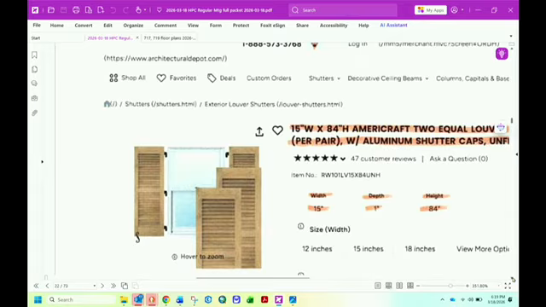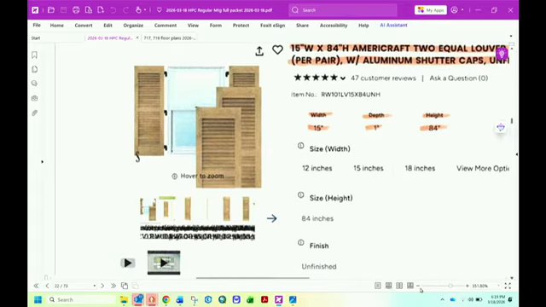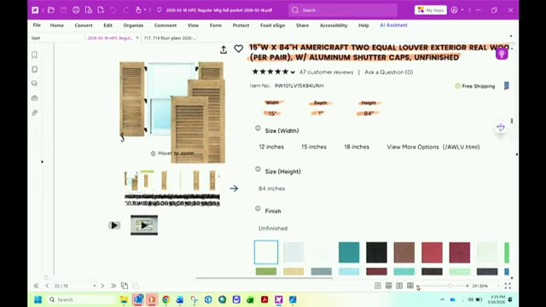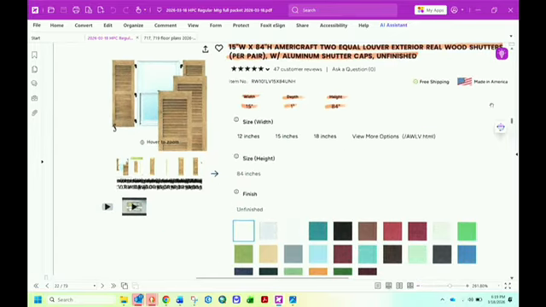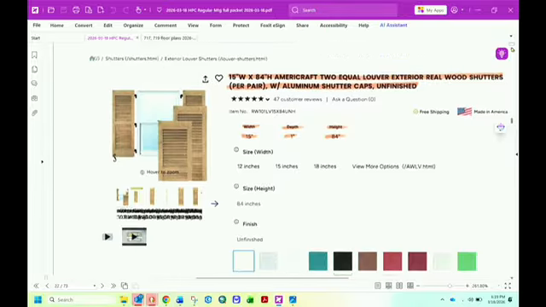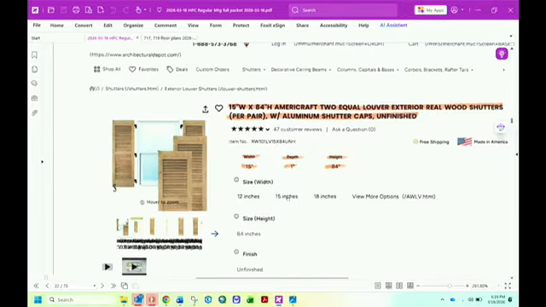The next page is now about the shutters, and the issue here would be primarily that they're the right size. Here they're calling out 15 inches for the width of them, and 84 inches in height. So let's look up at the floor plan.